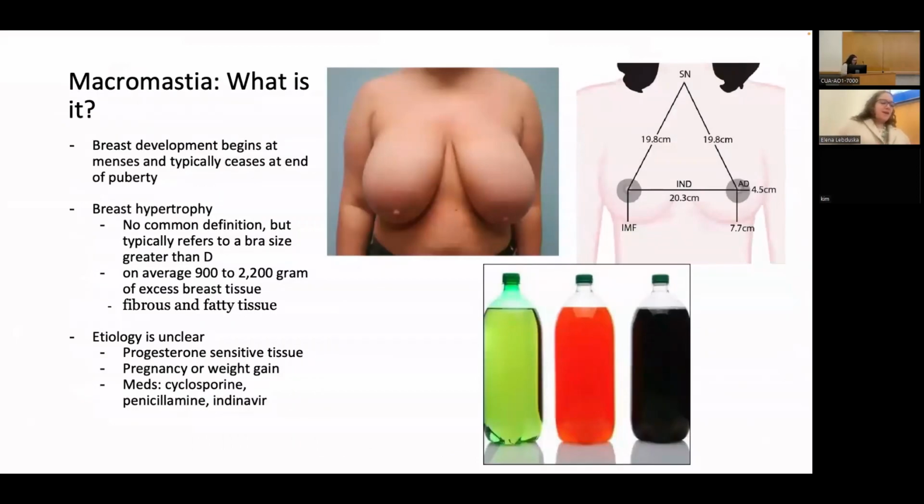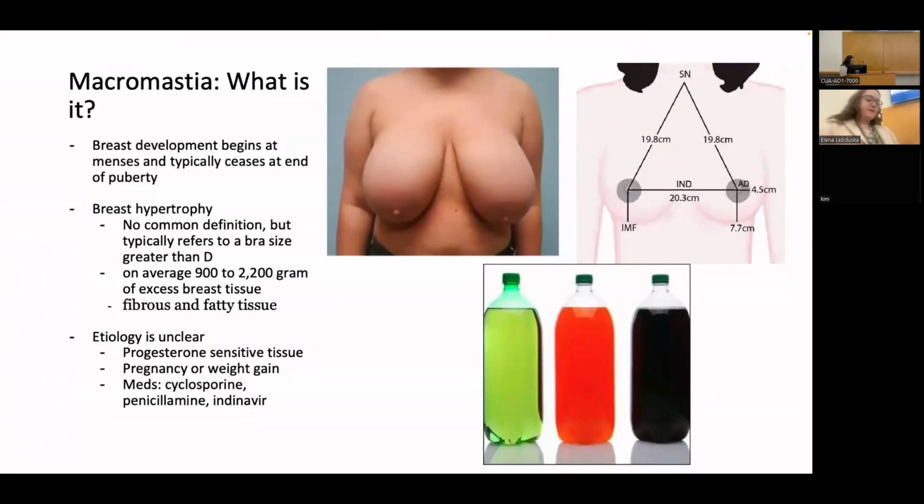Macromastia doesn't have a commonly set diagnostic criteria. Typically, normal breast development begins in utero, with the largest growth of breast tissue beginning around age 12. Breast tissue is largely influenced by growth hormones that activate the tissue receptors to stimulate development. Most breast development is complete by the end of puberty,